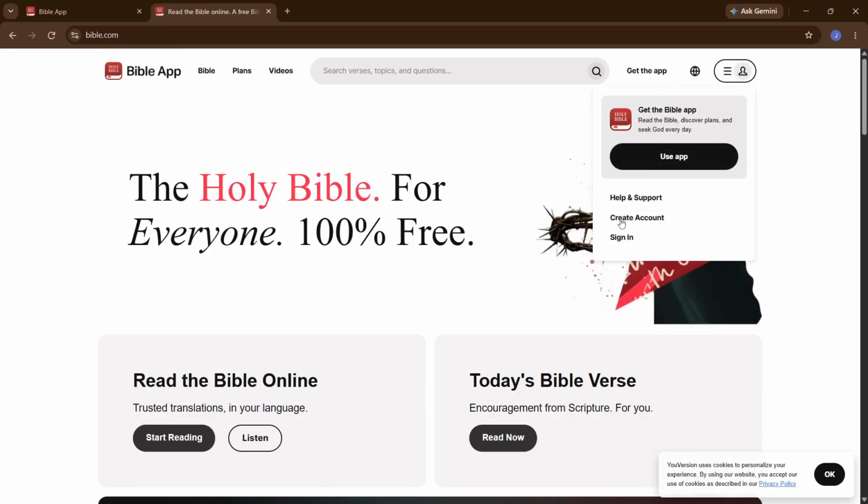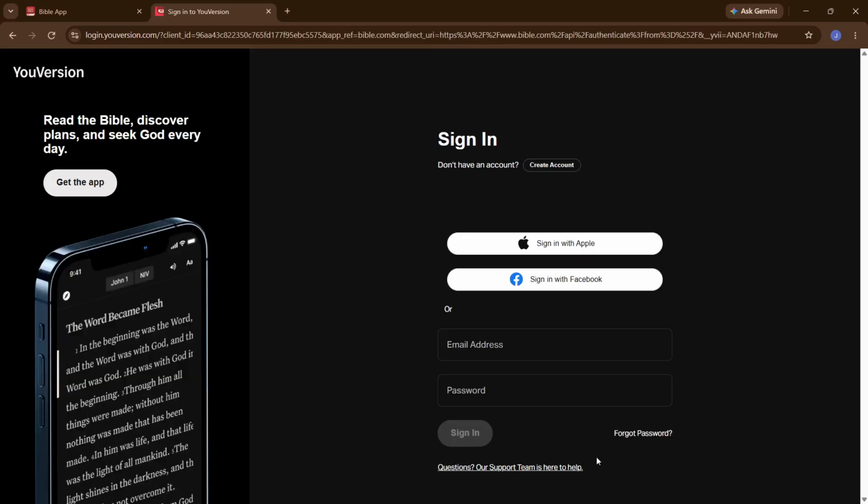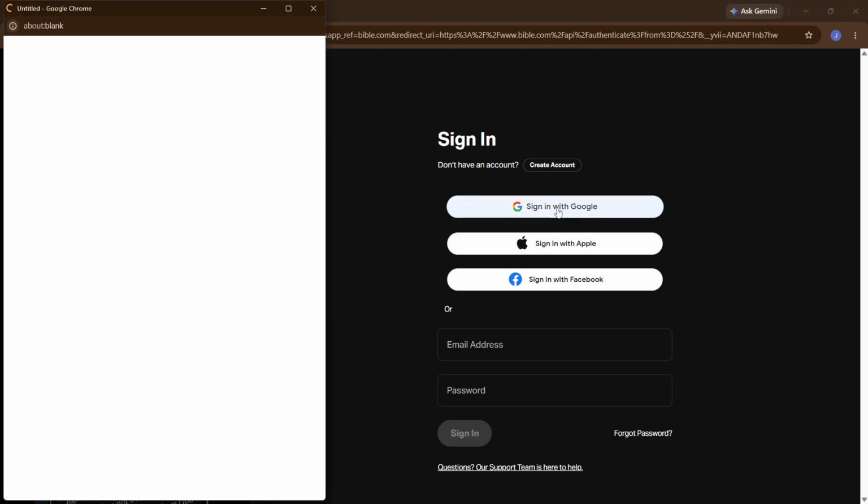If Windows is not shown, the Read the Bible Online option opens the full Bible experience right in your browser tab without any download. If a Windows installer is provided, download and run it. When you click the Windows button, your browser might ask you to confirm the download at the bottom or top of the window. After the file finishes downloading, click the file name once to launch the installer, and if Windows asks whether you want to allow this app to make changes, choose Yes so the setup can continue.